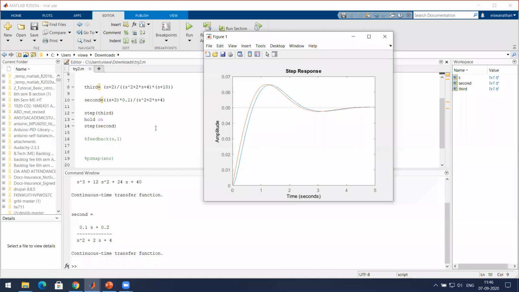So why are we doing this? Any idea? Why do we want to convert a third order system into a second order system? So that with just damping factor and